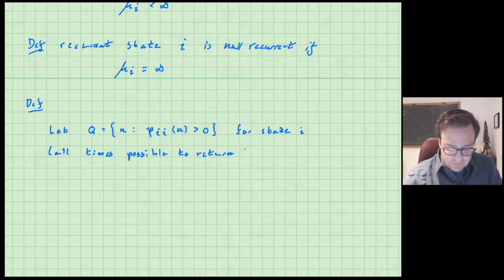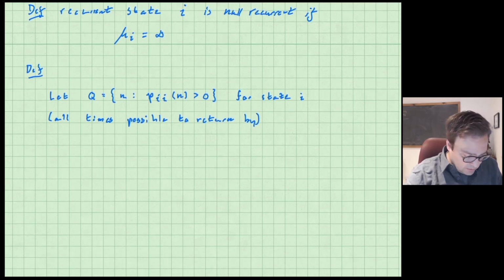This is just the set of all the times that you can return to where you started from. And we'll say that if there exists some quantity tau greater than 1, such that